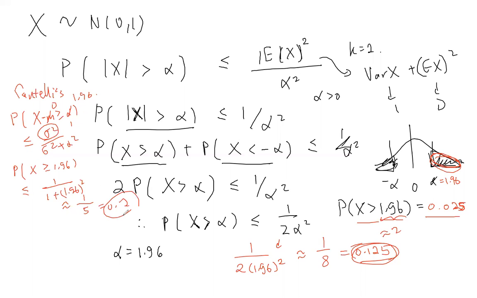So Cantelli's bound is actually not as sharp as your Markov's bound in this case. Okay, so all these bounds, it's not like one of them will always win, yeah. It depends on circumstances. Sometimes certain bounds are better in certain situations. All right, so this is just an illustration of what you can do with these results for certain distributions.